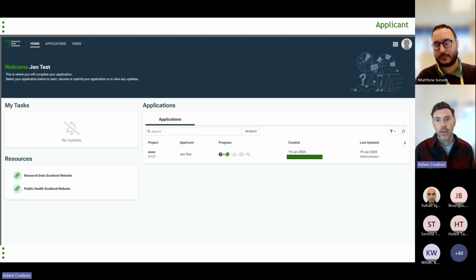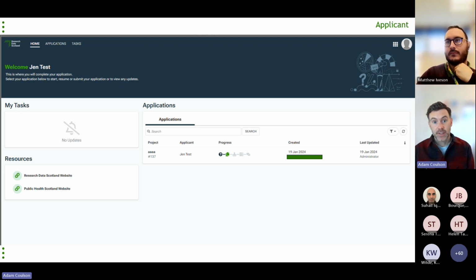And what you see on screen here is the dashboard, which is populated with one application, which you can see there. It's all dummy information, but this is what the researcher would see when they log in. They've got their project, and you can see the applicant name, the progress. So there's 5 stages indicated by iconography there to indicate at what stage of the process they are. So the first stage there being the inquiry that's been completed,